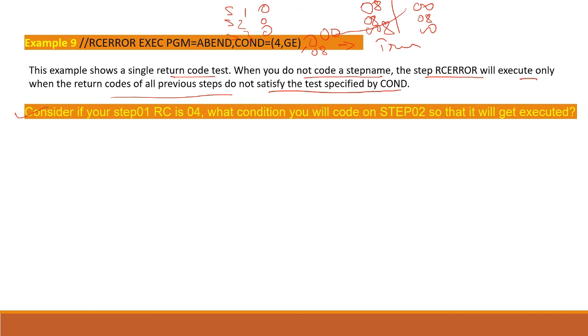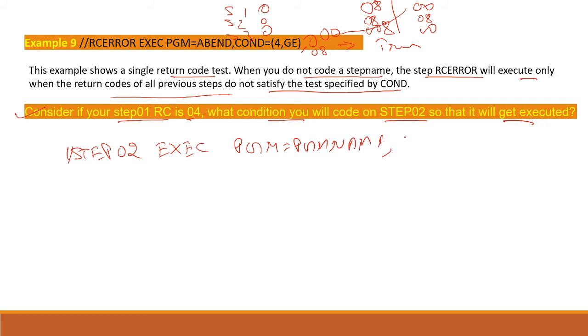And we have one interview question: consider that your step 01 RC is 04, what condition will you code on step 02 so that it will get executed? Like we have step 02, EXEC, then the program name, then COND.